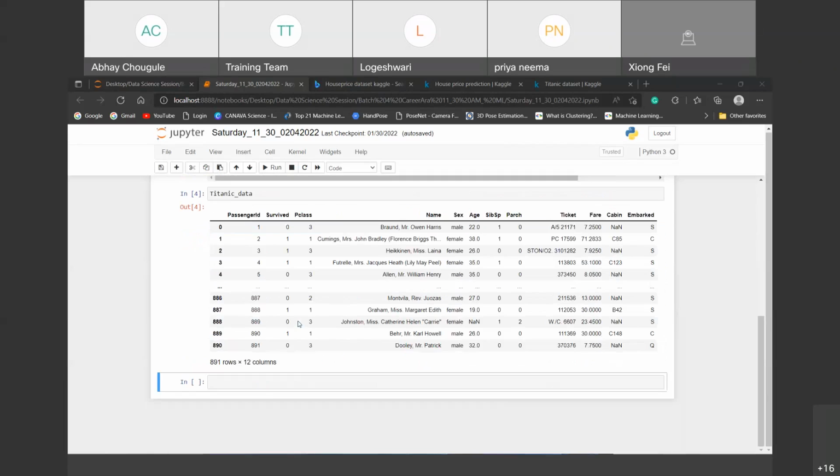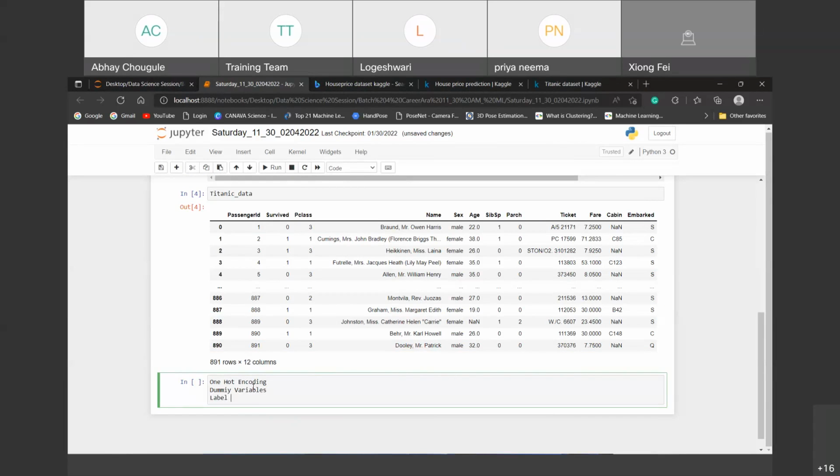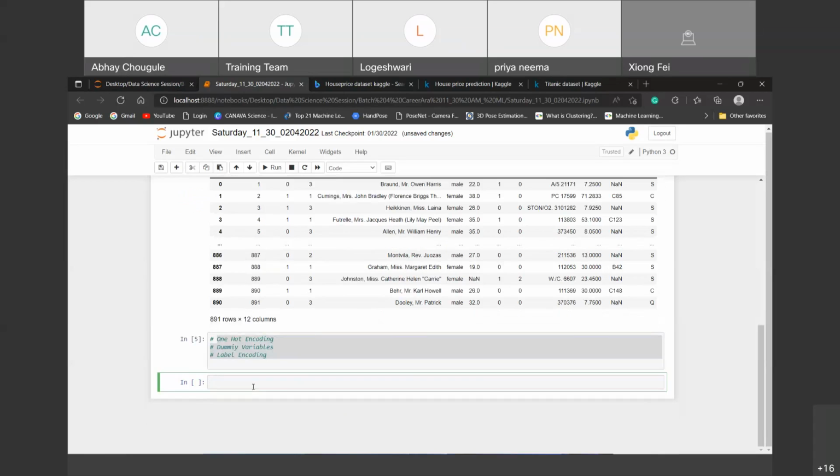Now, first, I will go for one hot encoding. Second, dummy variables. Third, label encoding. Okay, so these are the three topics we have to cover today, and today only we have to complete this task. So one hot encoding, just everyone please